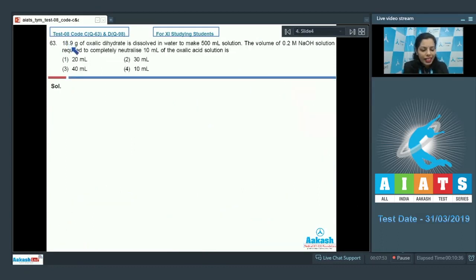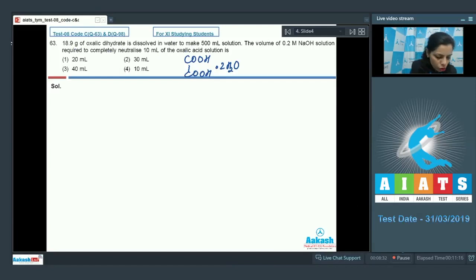Question number 63. 18.9 gram of oxalic acid dihydrate. It means the formula of this oxalic acid becomes, because this is dihydrate, that's why this is oxalic acid dihydrate. With the help of this, we can find out its molar mass. It is dissolved in water to make final solution 500 ml. The volume of 0.2 molar NaOH solution required to completely neutralize 10 ml of oxalic acid solution. It means this is based on the titration process, and here we have the molarity of NaOH, and we need to just find out the volume of that NaOH which is required to neutralize 10 ml of this oxalic acid